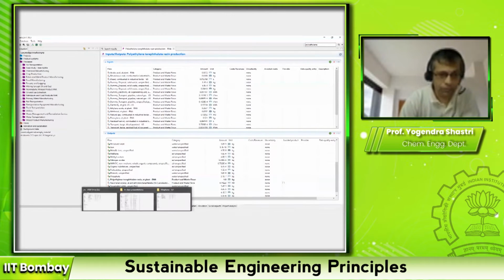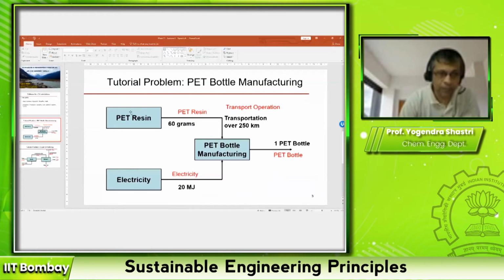If I just elaborate a little bit on this, let's say for the product system I am considering, the resin manufacturing also is unique, and I want to model that as well. Then I will need all the details about that facility as well. So in that case, I will have to create a different product flow because it's a unique process that is generating PET resin.